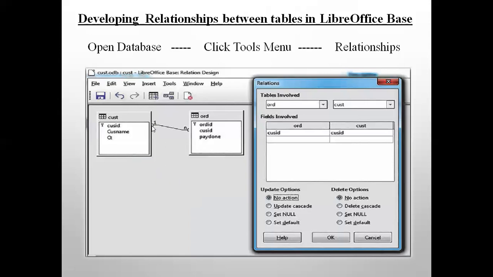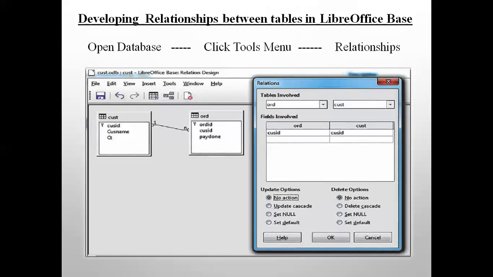When you are linking both the tables, when you are establishing a relation, this window comes. So here it will show you the relationship between two tables. Directly you can say OK. If you want to edit or delete the relationship, then you have to right-click on this line and select the edit or delete option respectively.